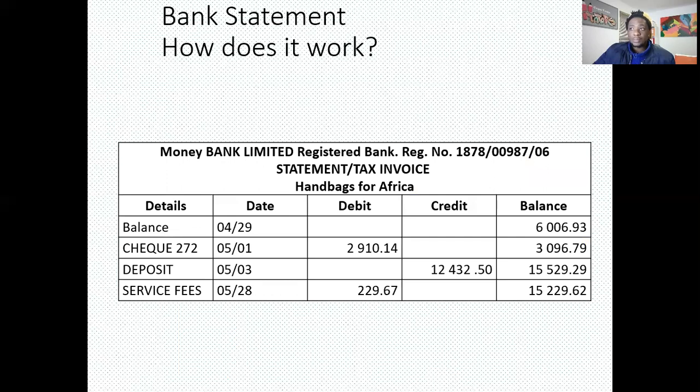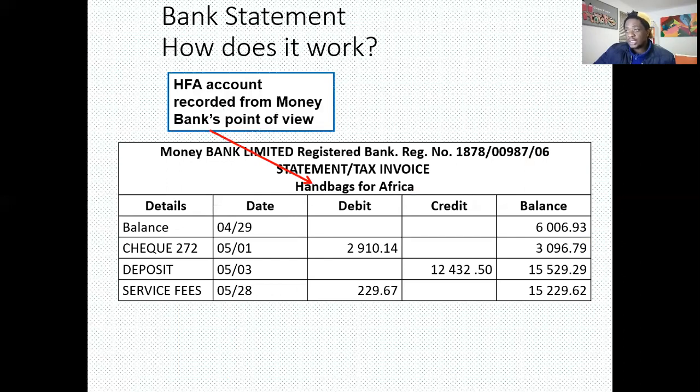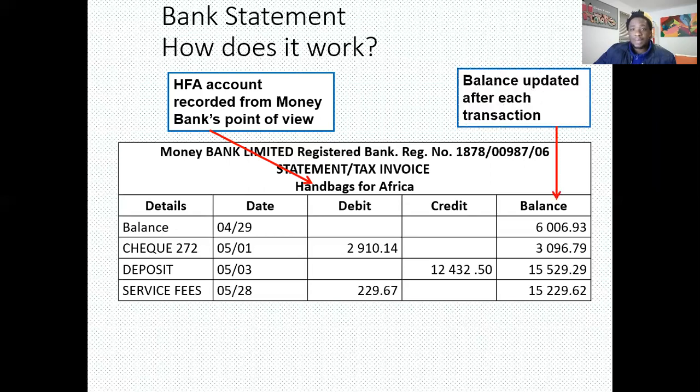So here we have just a small depiction of how a bank statement looks and the way it works. So the first thing that you're going to have in the bank statement is the name of the business that Money Bank is recording from the point of view of. And then there's also going to be the balance. The balances will be updated after each and every transaction. So you can see there we have an opening balance of 6,096, and then we have a check 2910, and